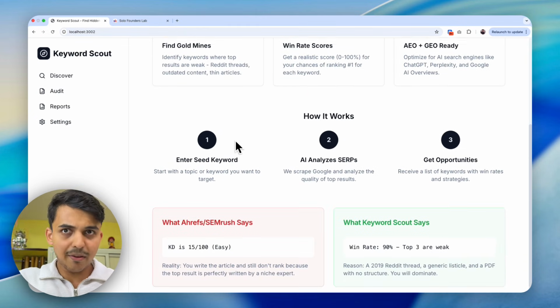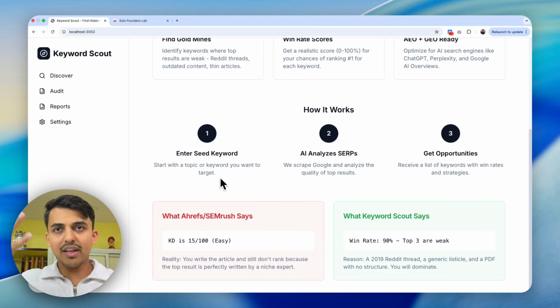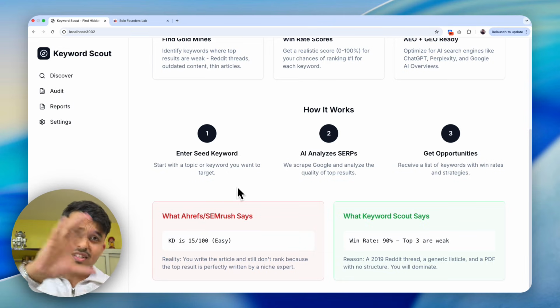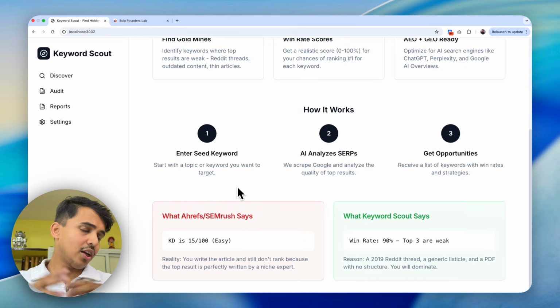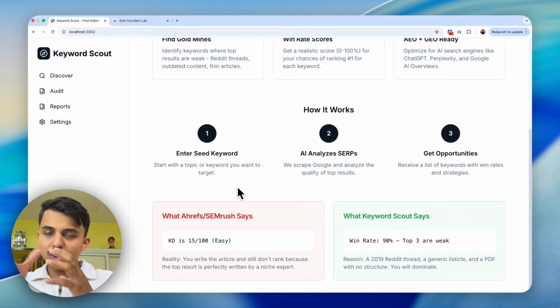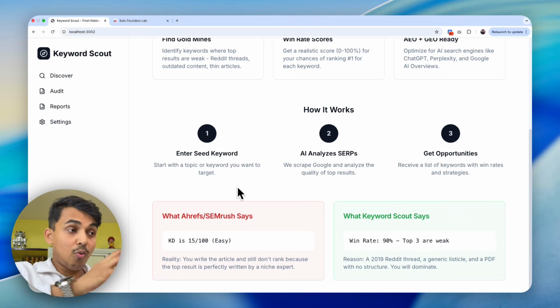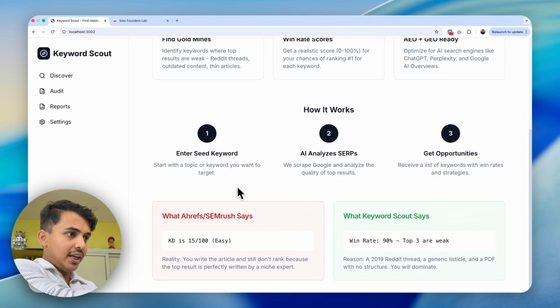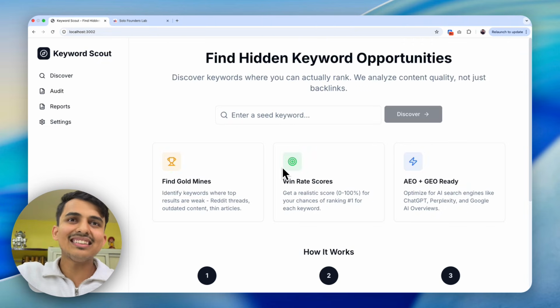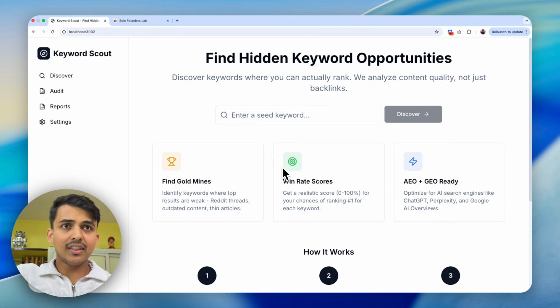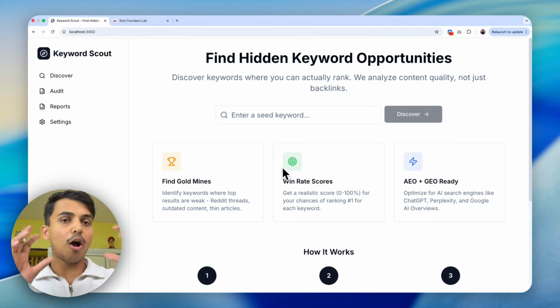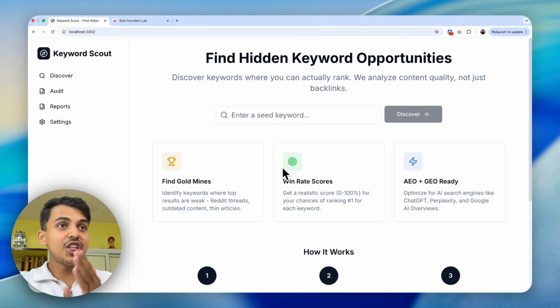Generally, what do the SEO tools do, right? Ahrefs or SEMrush, they give you, okay, this is the keyword, this has the difficulty rate and all that, right? The thing is, that's okay, that's good, but how do you actually go from there and create a plan? What are the latest and greatest strategies working, not just with SEO, but actually how do you rank, making your website appear when somebody searches on ChatGPT or Gemini? What are those strategies? This is what is going to give you the gold mines. It's going to give you the scores of what is your probability of success, AEO and GEO ready, which is the AI version of SEO.